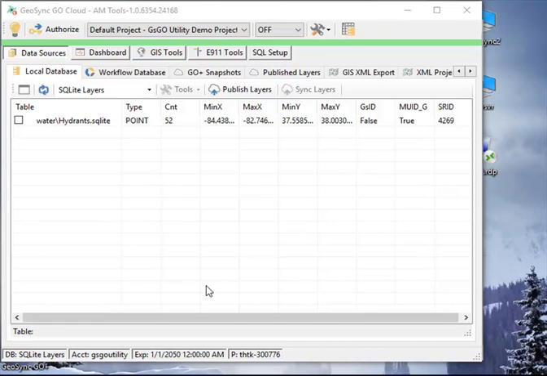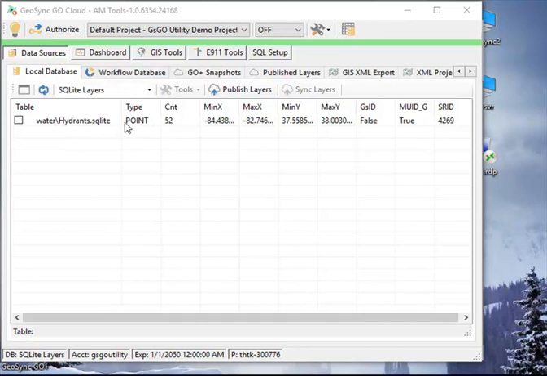We like to take the hydrant layer that we have out into the field so we can do both GPS updates, get a better position on those hydrants, and then also have the opportunity to update attributes while we're in the field, and then we can bring that information and append it back into our master layer or update our master layer. To do that, we need to populate our GPS workflow or GPS hydrants workflow with the hydrant